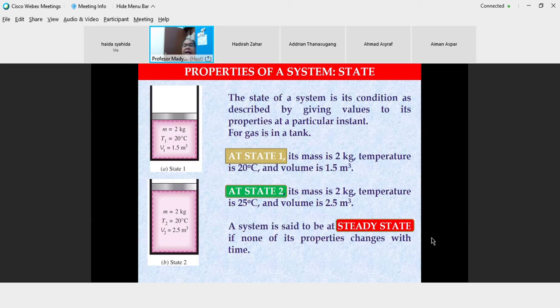Assume that I try to put inside the microwave. So I put about 30 seconds at 800 watts. So the temperature is increased. So from 20 degrees Celsius it goes to 25 degrees Celsius. And the volume changed to 2.5 meter cube. Change in volume means that